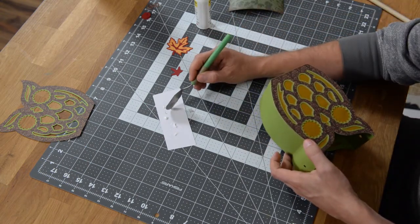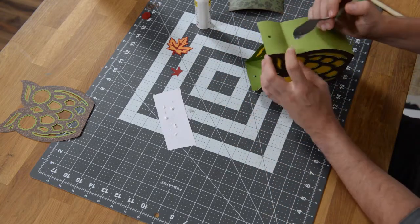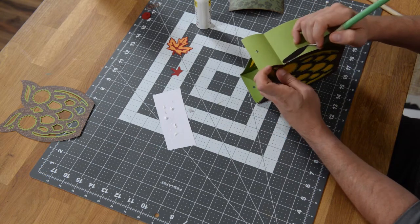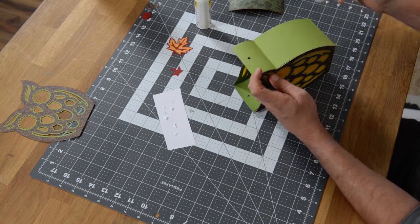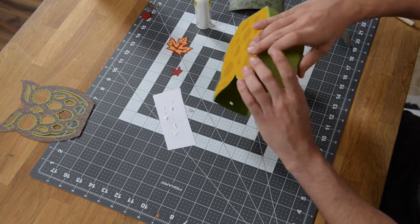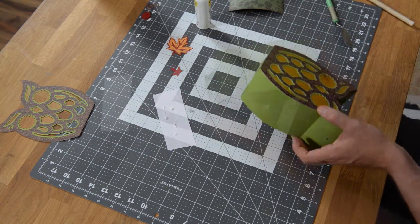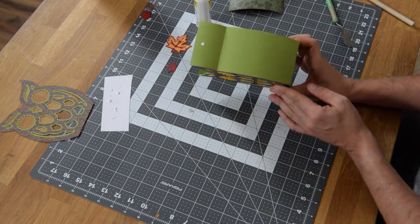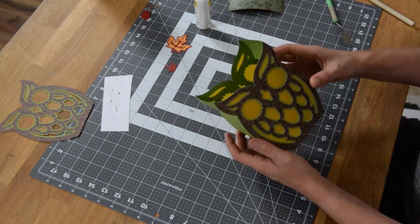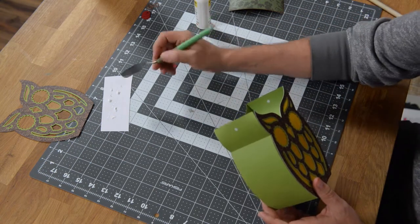And let's just finish this up with this little section here that didn't glue down very well. Okay, and just push and hold that in place. And as you can see, that seam looks great. And there we go. Nice, beautiful seam. Okay, and you can repeat that process on the other side. And I'm going to do that really quick, just to kind of show you